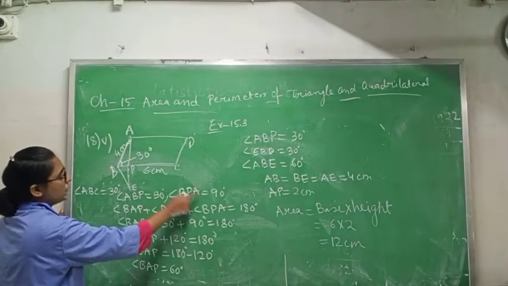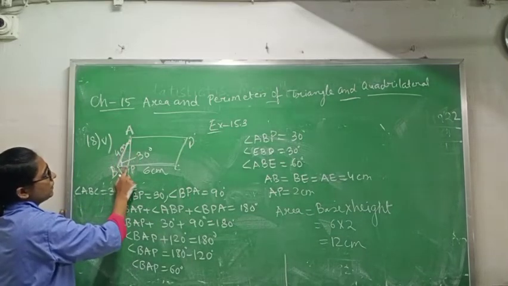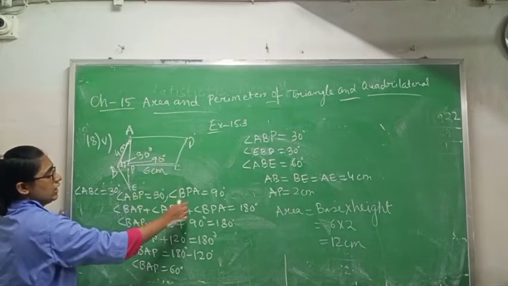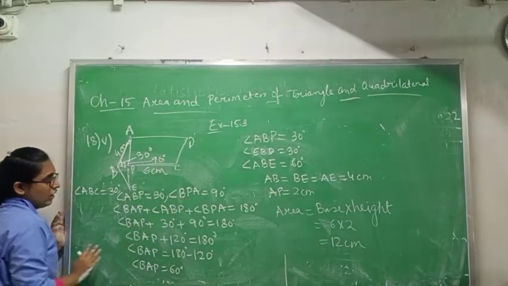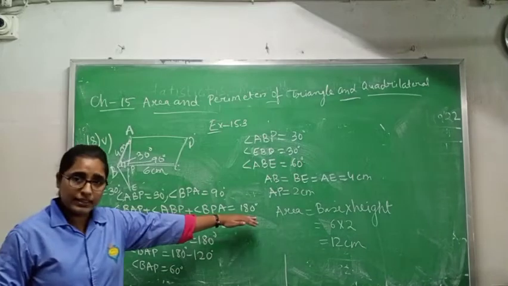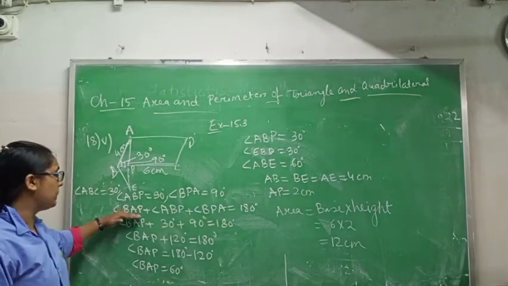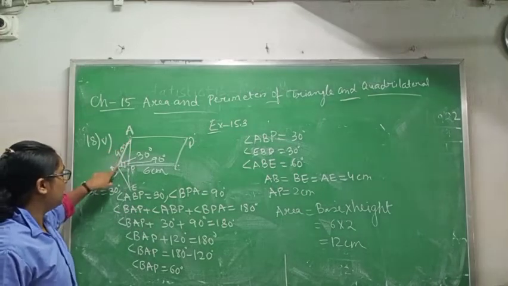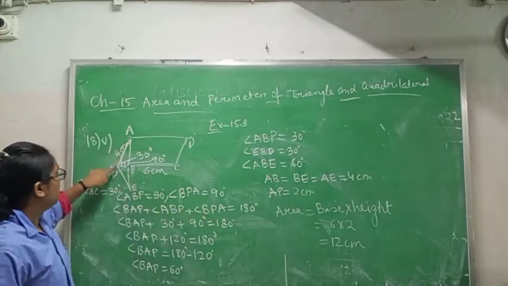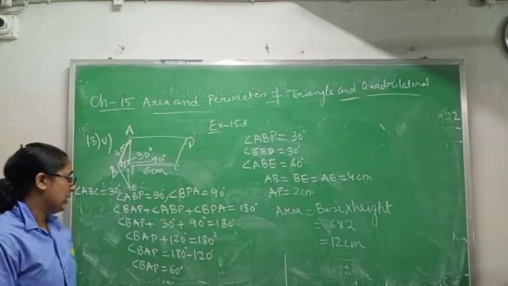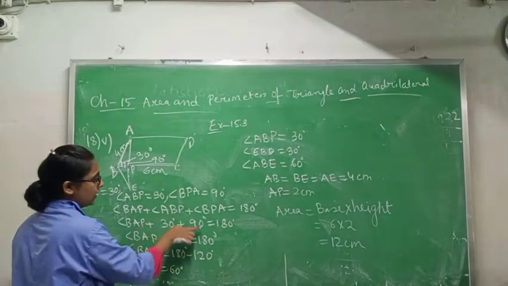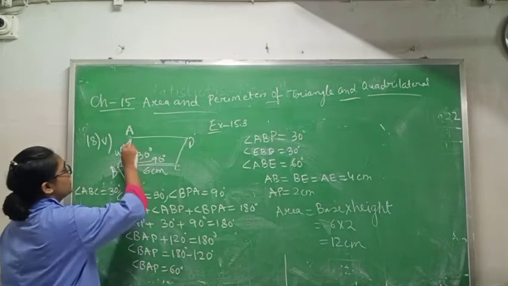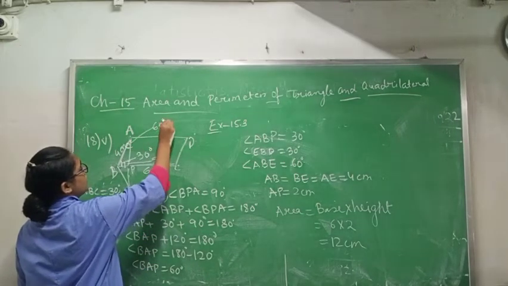30 degree. It means angle ABP, angle is same, so angle ABP is equal to 30 degree, and angle BPA, you know, this is perpendicular, means this is 90 degree. So BPA equals 90 degree. We know that sum of three angles will be 180 degree. So angle BAP plus angle ABP plus angle BPA equals 180 degree. Now when you put 30 degree and 90 degree and solve, you will get angle BAP 60 degree. Means this angle you are getting 60 degree.